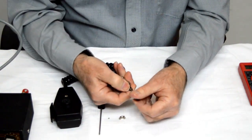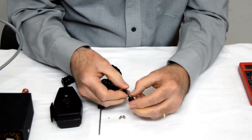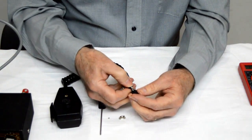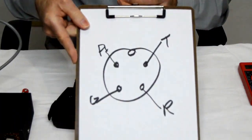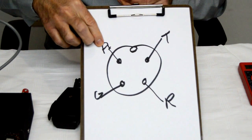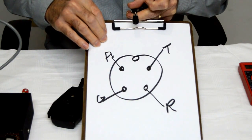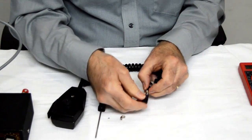Okay, now that we got that apart, we can look and inspect the wiring. And we can see right away that ground, right here, the ground is the shield. The ground and the receive are connected correctly. Black is the receive. And then red is transmit and white is audio. If we look at the diagram here, we have audio on this side and transmit on that side. And if you look at the microphone, they're backwards. So what we need to do is get the soldering gun out, and we're going to